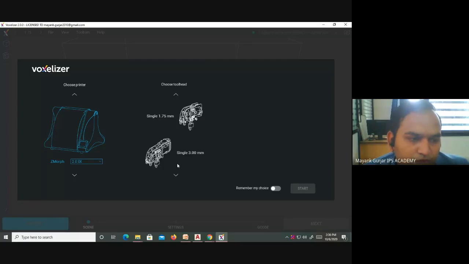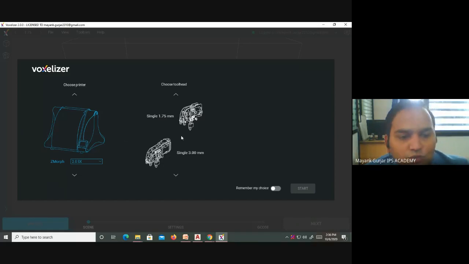As I have selected the 2.0 SX model of ZMorph, we have two options: single 1.75 mm, which is the diameter of the filament, and single 3.00, which is another option we can select.